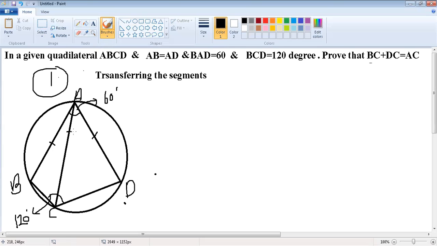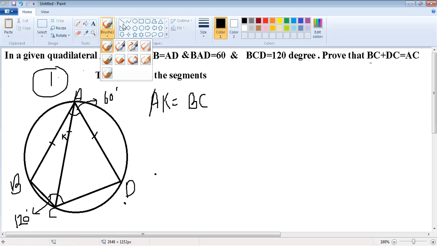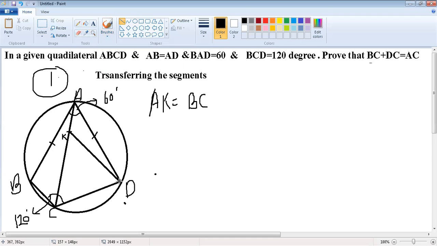So let's assume a point K to be here such that AK equals BC. AK equals BC. So now let's join K to D. Now, if you can see clearly, AK equals BC. So we are left to prove that KC